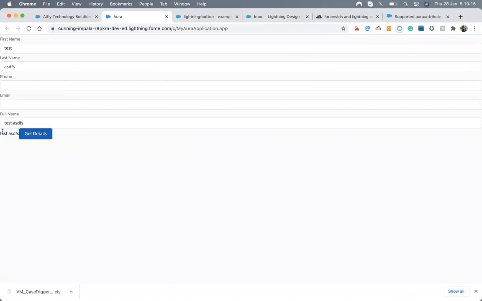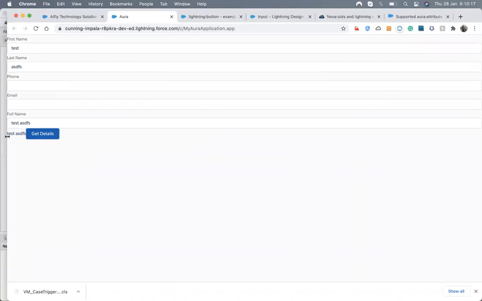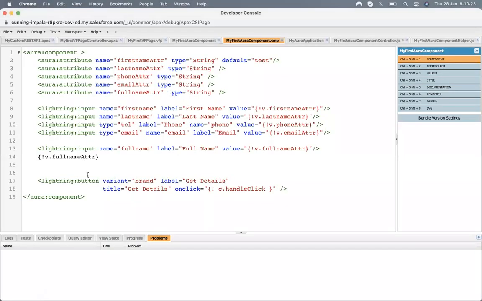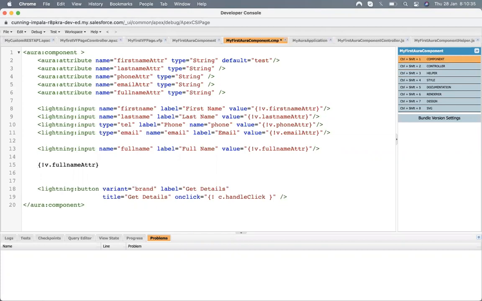Okay, so it's showing up here. You can see it directly on the page also. At any place I bind this value, it reflects the changes. This assignment, does it always happen in the controller, or can it also be in this page? No, it's always done in a controller or in a helper. Okay.